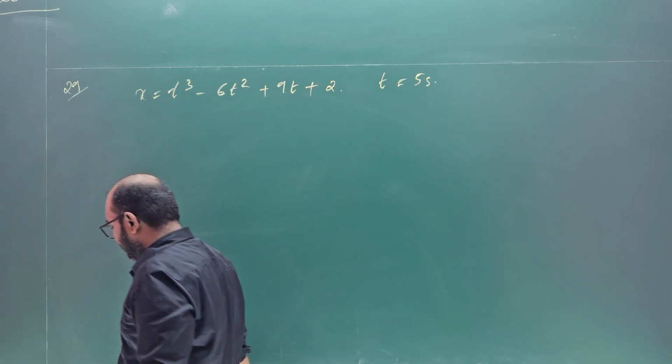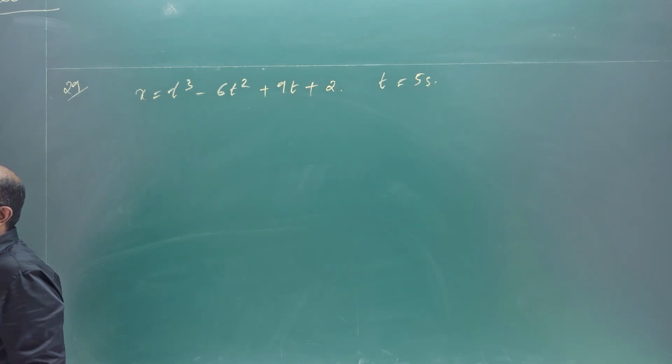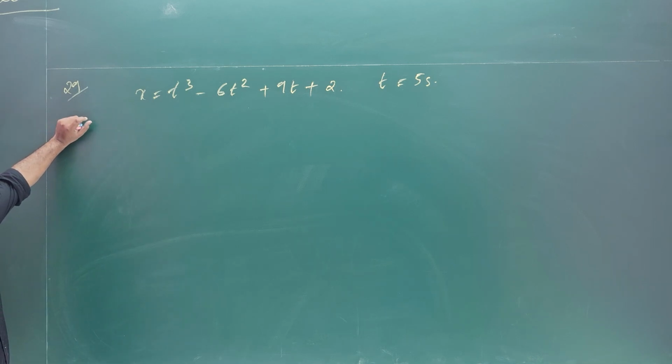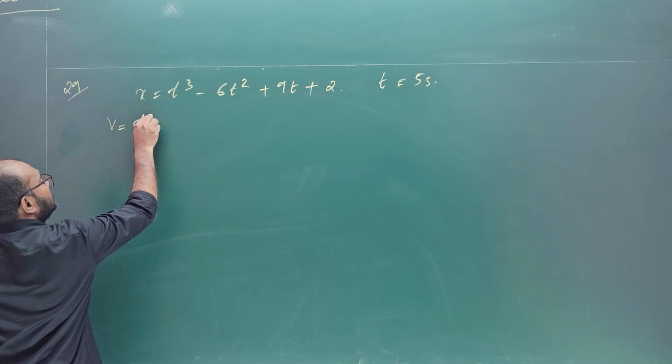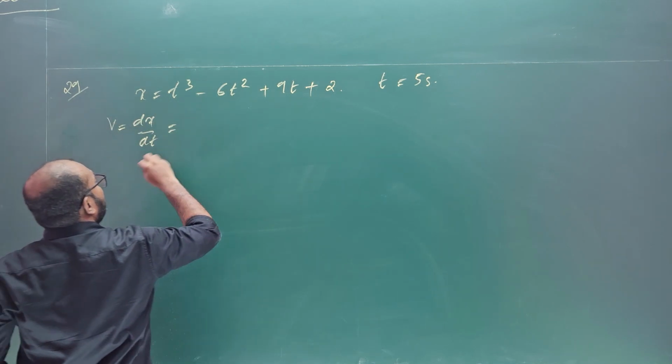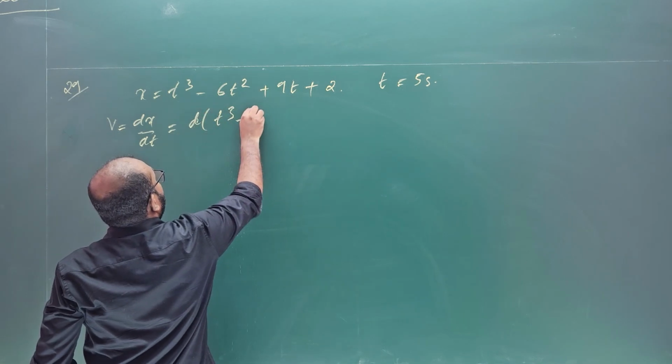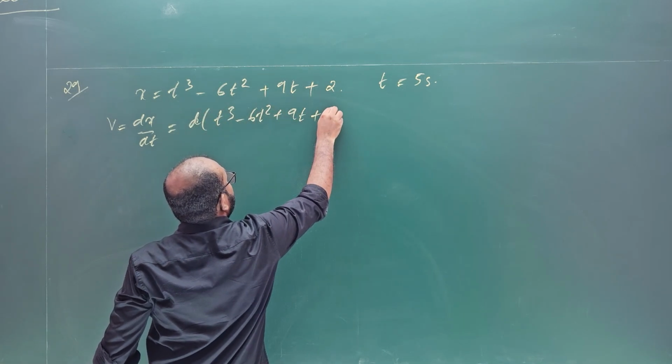Okay, now listen to me. This time the equation is given in cubic form. Definitely, whenever the question is quadratic or cubic or anything, first, if the question is on distance and displacement, velocity and average speed, you should check the turning point first. Is the body returning on its path or not? That means we need to check velocity first. So velocity is equal to dx upon dt, which can be written as d of t cube minus 6t square plus 9t plus 2